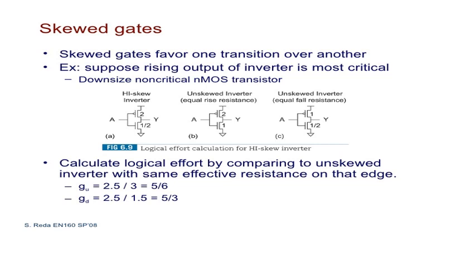The logical effort for the rising and falling transitions are called gu and gd, where u means up and d means down respectively. Here the high skew, low skew and unskewed inverters are shown in the figure. The values depend upon whether we are having the rising or falling circuits.